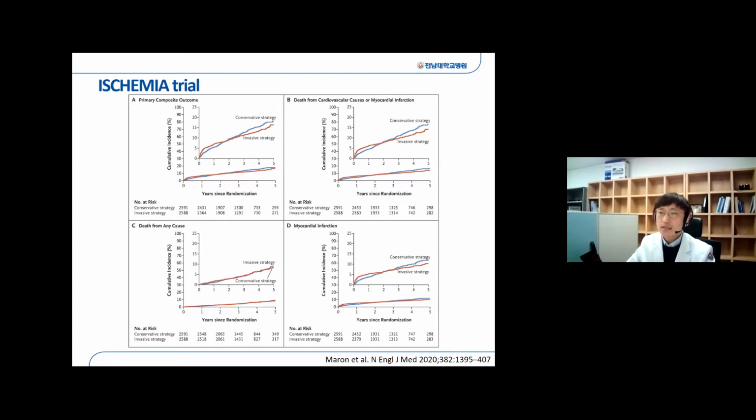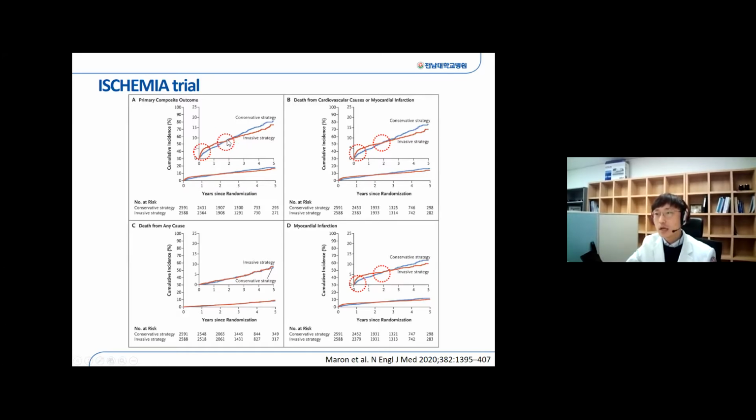And the survival curves from the ISCHEMIA trial are quite interesting. Anyway, there was no statistically significant difference, but here you can see two crossing points in these survival curves. Of course, in the invasive strategy group, there can be some peri-procedural complications at the very early time points, so the prognosis seems to be worse for invasive strategy. But here, around 2 years after randomization,